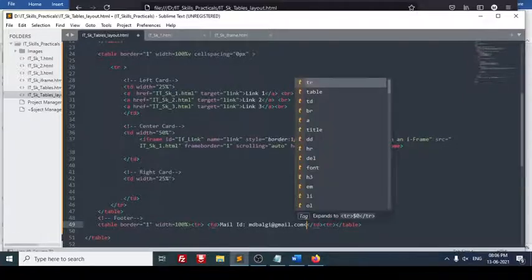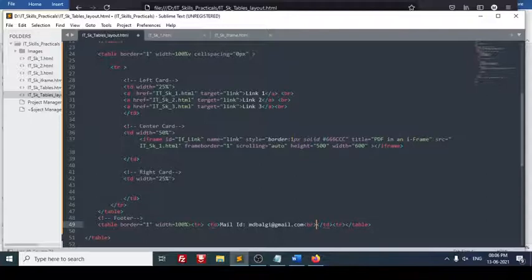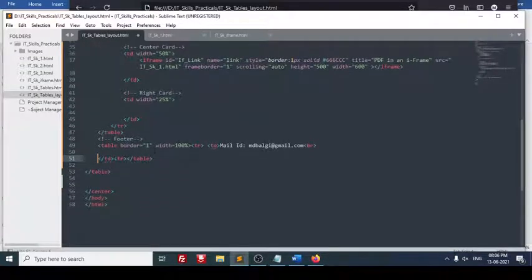I can put a break, so that I will get it in the next line. I will just realign this table content so that it will be very clear.